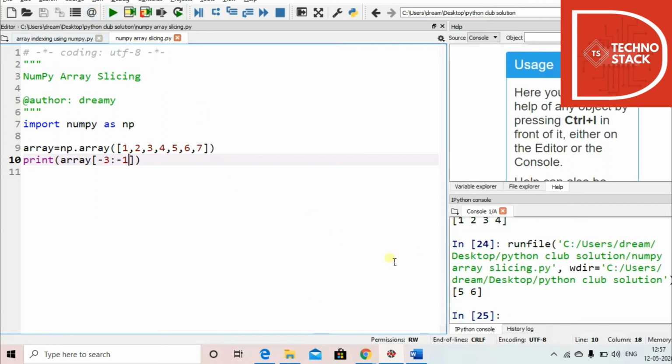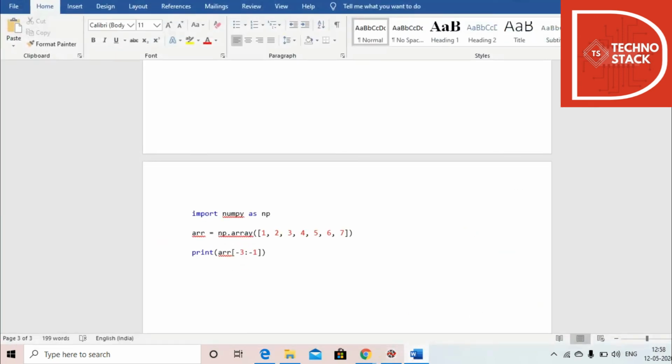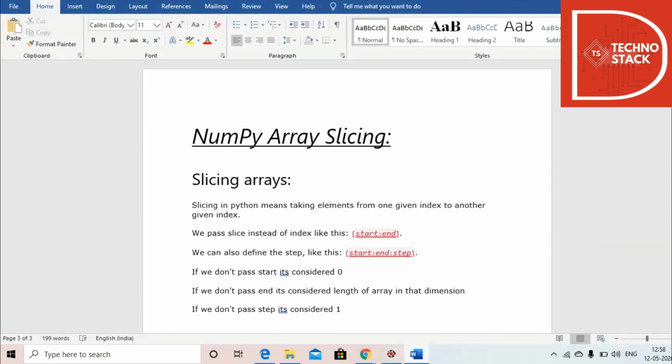Let's check the output. You can see negative indexing minus 1 is this element. It will start from 0 minus 1, that is 6. Minus 3 from the end is minus 1, minus 2, minus 3. So from 5 it will start. Then it will end at minus 1. So minus 1 index won't be printed. Minus 2 will be printed. So 5, 6 is printed. If you want to include 7, keep it blank. 5, 6, 7. So this was how you use slicing of array using NumPy.